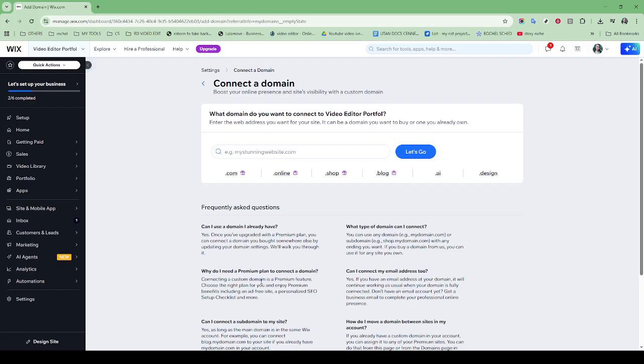Having easy access to these settings empowers you to confidently handle your domain management tasks moving forward, ensuring that your online presence runs smoothly. And there you have it. You've successfully located your domain name